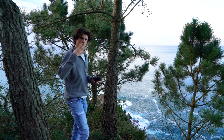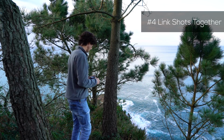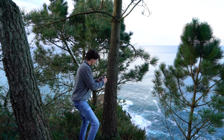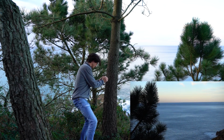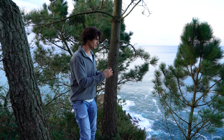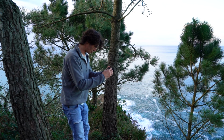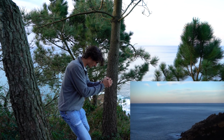So this brings us on to point number 4, which is linking your shots together. And that's exactly what I just did. So we've got this shot that I just showed you guys of the pine needles and then the sunset. That links the pine needles to the sunset, which gives me a very nice excuse to get another shot, maybe just of the sunset that I can link together. Just giving the audience a complete,